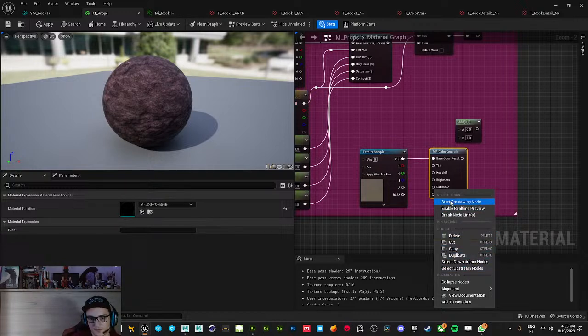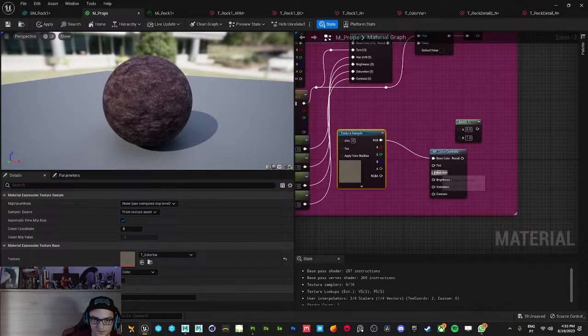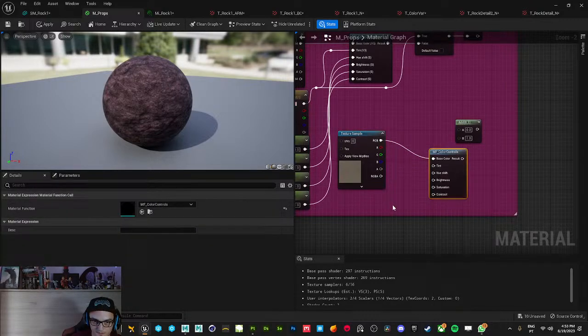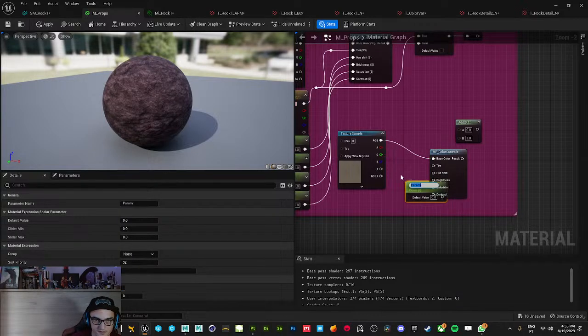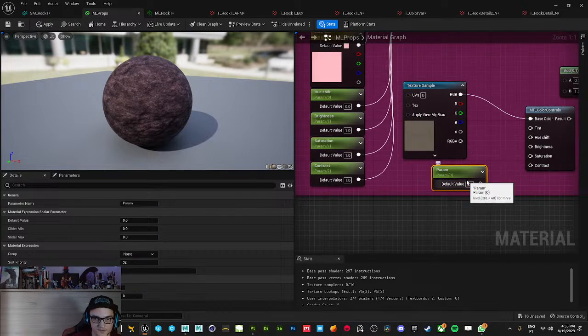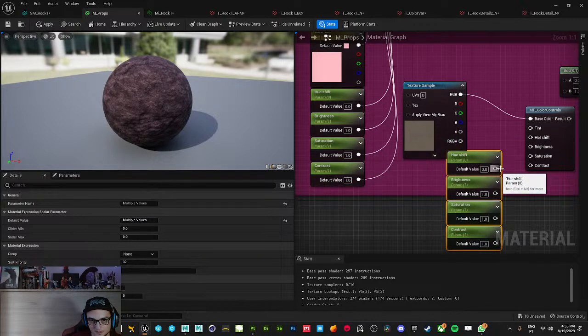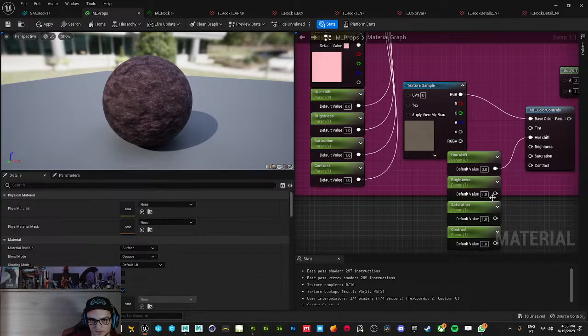So let me just, oh, come on, it doesn't allow me to. So I'm gonna call this, actually let me just copy these and plug those in, and then